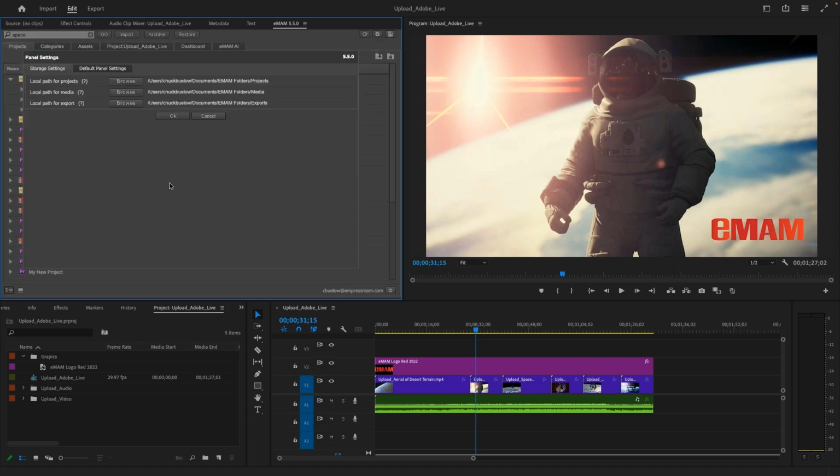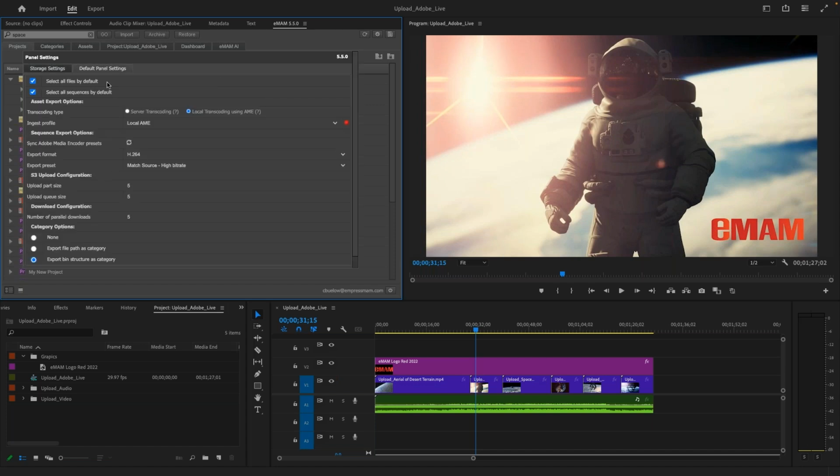And then lastly here, I just want to show you what happens in the background. You can create local spots here for the media to be downloaded, or proxies if you are going to localize the media. You also can use different transcoders. So you could use a cloud-based or server-based transcoder to process all the media that you're adding to eMAM. Or you can just use the local media encoder as well, with all the different options of the different profiles. And on the export of the sequences and so on, you can use all the presets.